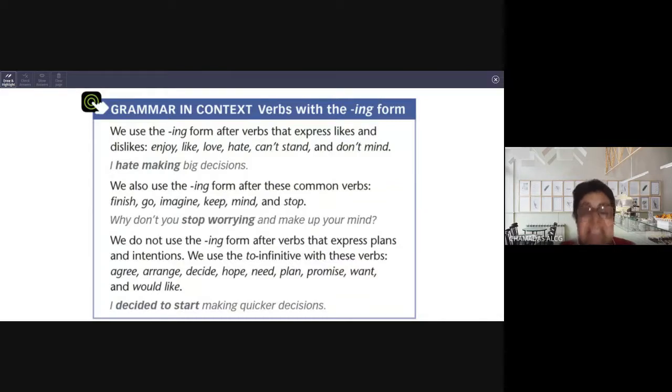But that is not gerund in English. That is present participle. So when I'm talking about present continuous or gerúndio in Portuguese, we are talking about a construction or a structure that uses the verb to be in the present and the main verb in the